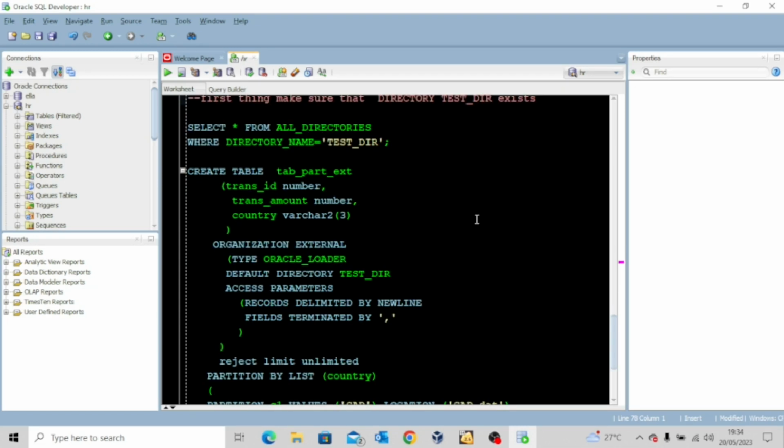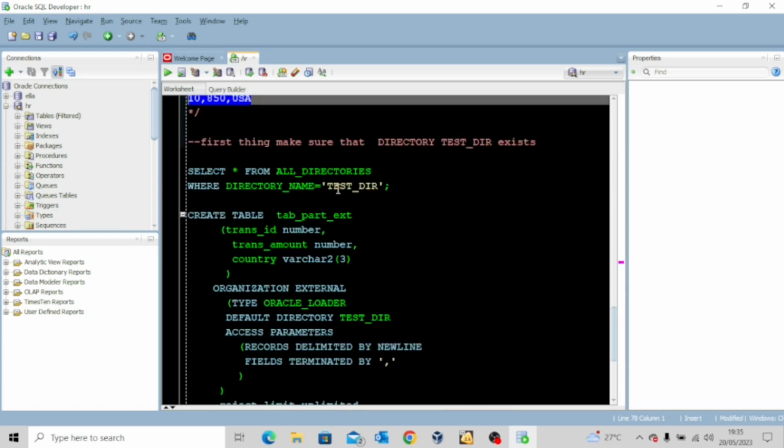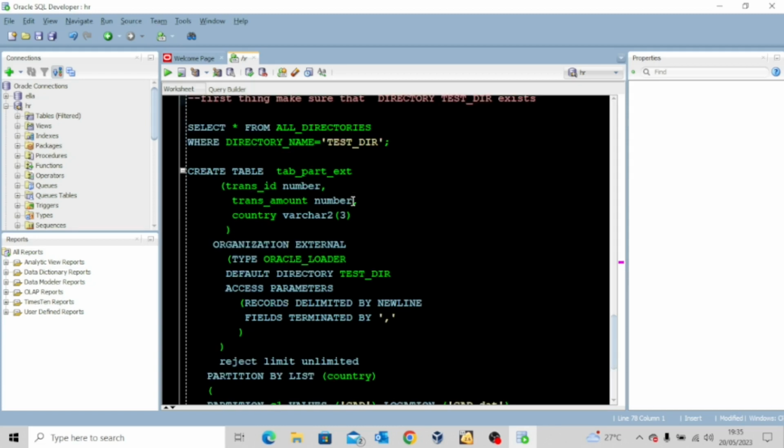Now, the next thing you want to do is to create a directory, both logically and physically on the server. Now, if you recall, while we had our lectures on SQL Loader, we created this directory and it was pointing to /u01/loader. So there will be no need to create a directory again. But if you've not created this directory, please go ahead and create the directory, and point it to that location. And then the next thing we'll try to do is to create a table,